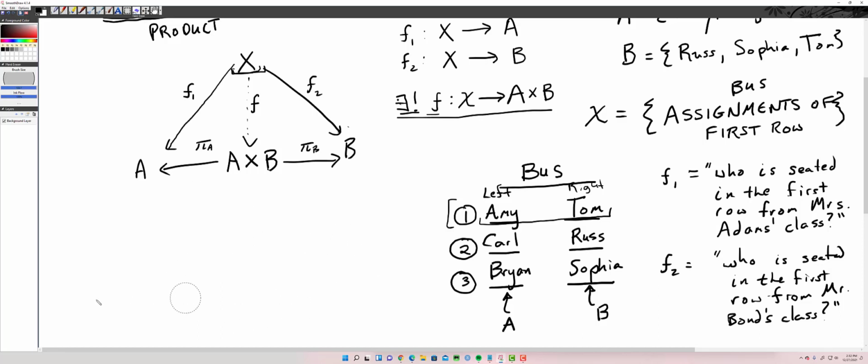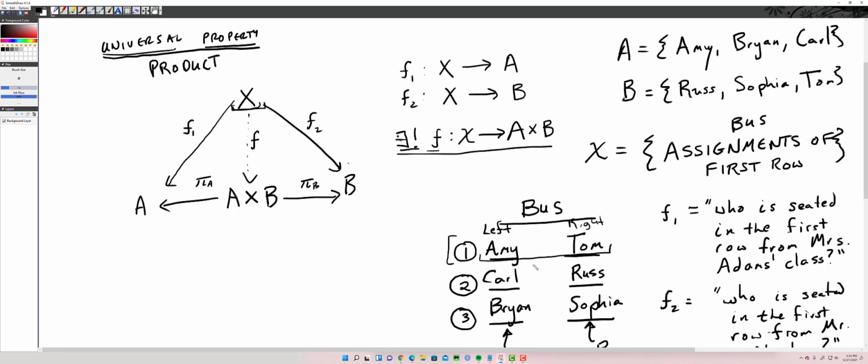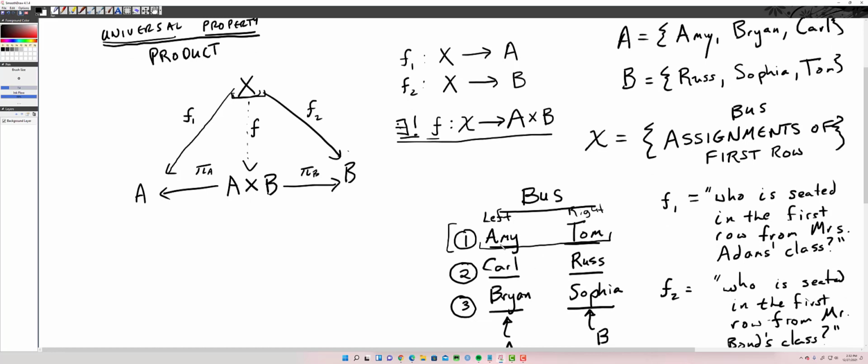So I'm going to do a quick example here. And for the example, I've gone ahead and made a simulation of a bus seating assignment. Okay, so these are the students, and we've assigned each seat on this bus to a student, and this bus is going to take the students to their field trip. And what we're interested in, X, is just the bus assignment of the first row. Okay? That's all we're looking at. It's just the bus assignment of the first row. And F1 is going to be